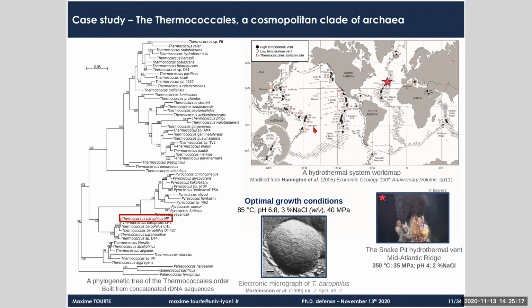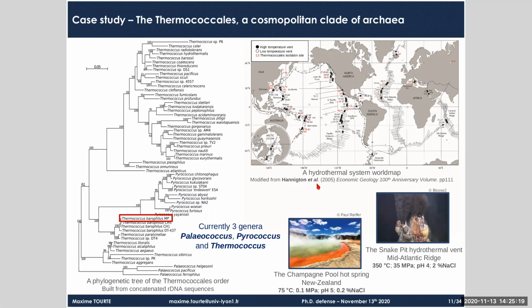But we have a lot more archaea closely related to Thermococcus barophilus, which are called the Thermococcales. I put here the phylogenetic tree of the 50 strains of Thermococcales that we know of. Here is Thermococcus barophilus, but we have isolated very different species that inhabit a wide range of hydrothermal systems that can be either terrestrial and freshwater springs or, like Thermococcus barophilus, deep sea and marine systems.